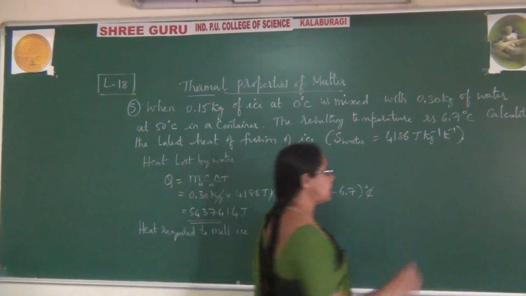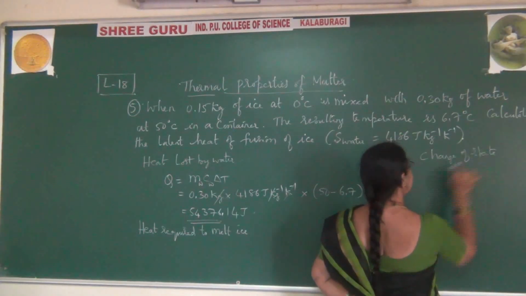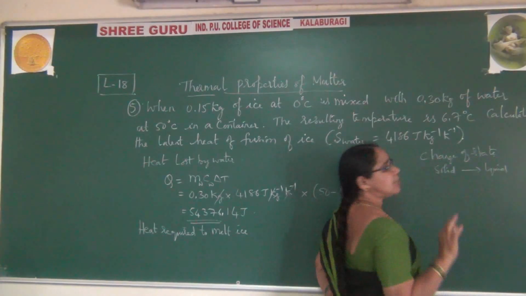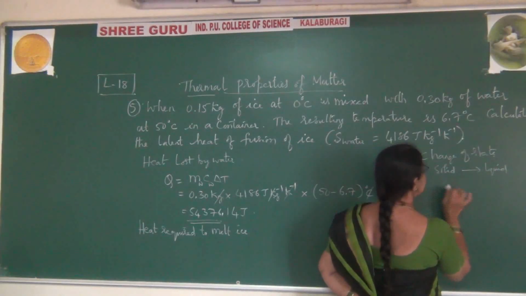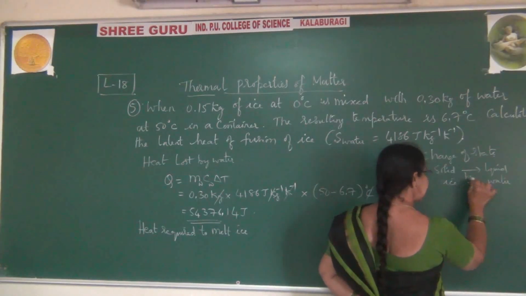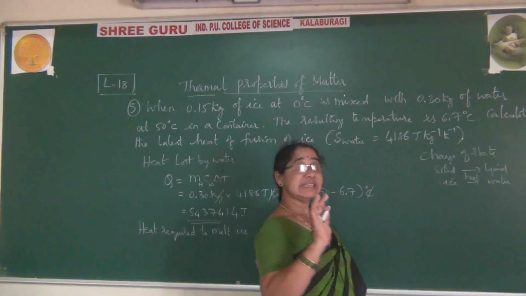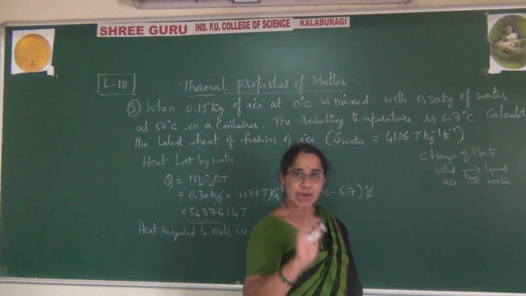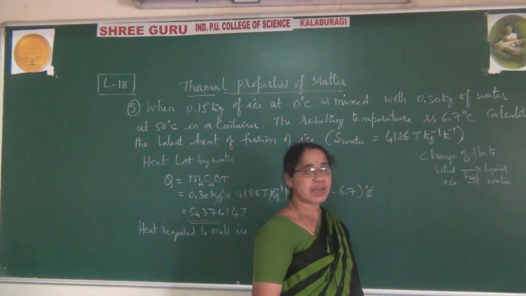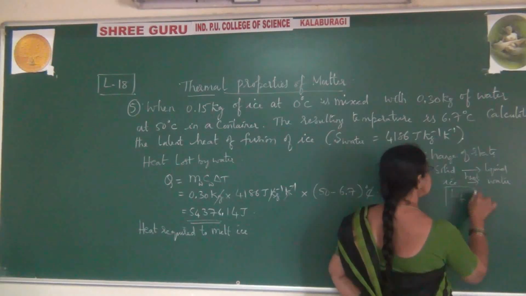Because, as you know, in the previous class you learned the concept of change of state, where a solid changes to liquid. This is the concept we are learning under change of state. At that time, this is ice, and now it is changing to water. When ice starts getting heated, it starts melting and compulsorily becomes water, changing from ice to liquid. That is called change of state. At that time we use the concept of latent heat of fusion of ice.